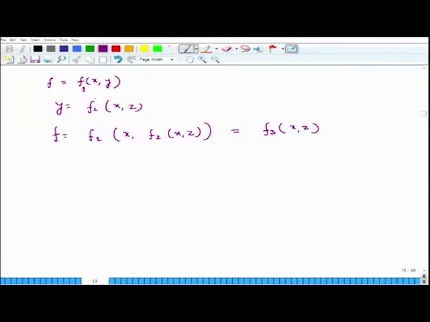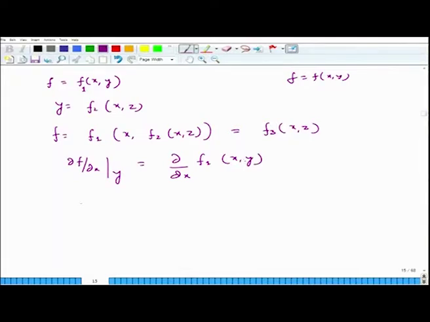The reason we are considering such a complicated function is that typically thermodynamic functions are not just f equal to a function of x and y, where x and y are independent. Most of the time we have more complicated functions. Now, if you want to find partial derivatives such as del f by del x, it has no meaning until you specify what is fixed. For example, del f by del x at constant y is del by del x of f1(x, y),